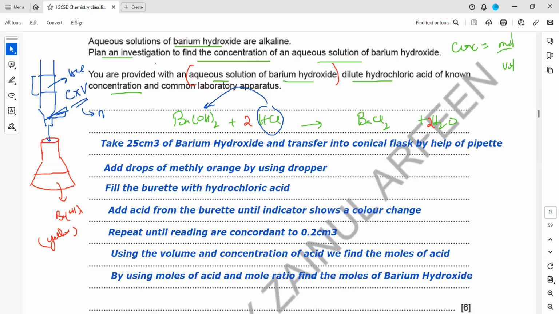After knowing the moles of barium hydroxide, the concentration of barium hydroxide will be moles divided by volume, and the volume is the 25 cm cube we took. So the total moles which reacted divided by volume gives the concentration of this barium hydroxide. Is it clear, this experiment, how we can determine the concentration of barium hydroxide by using